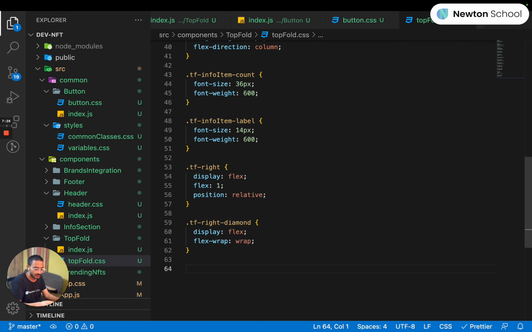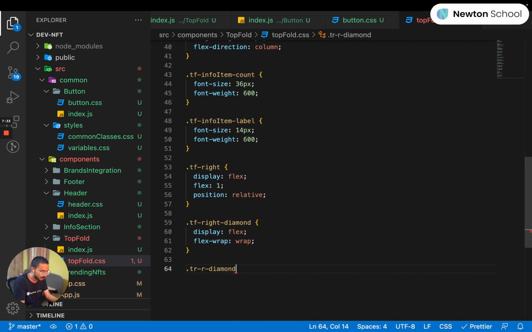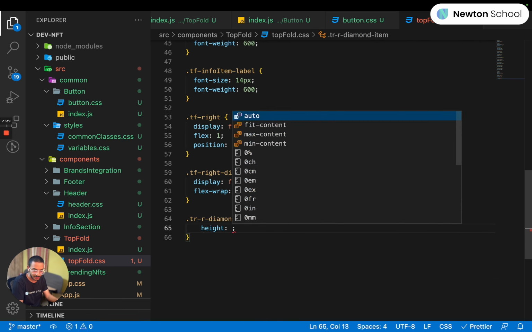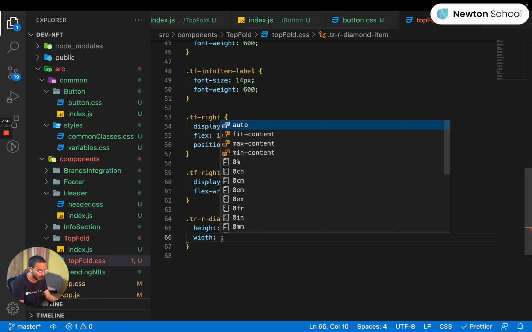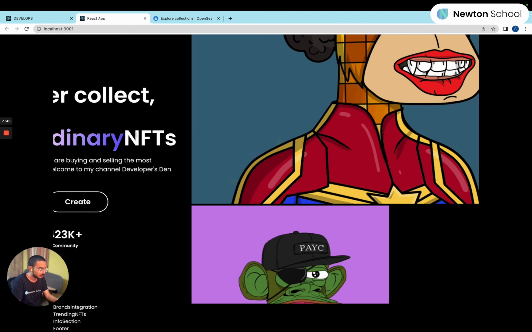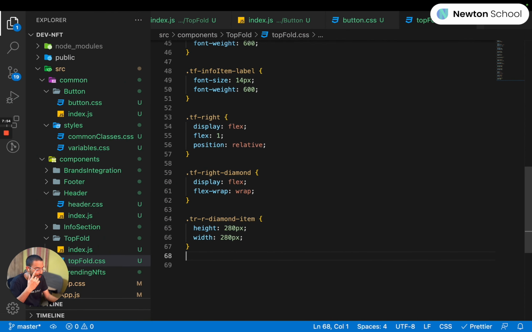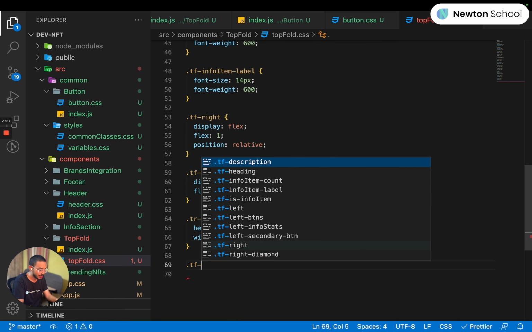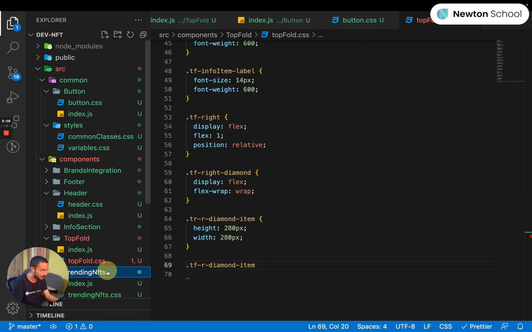So what I will do is I'll say tf right diamond item. Now for this particular item, I want it to have a height of, let us say, 280 pixels and a width of 280 pixels as well, because I want it to be a square. Now if I see, the GIF is too big. So let me style the GIF first of all. So I'll say top fold right diamond item image item, and inside this particular item,